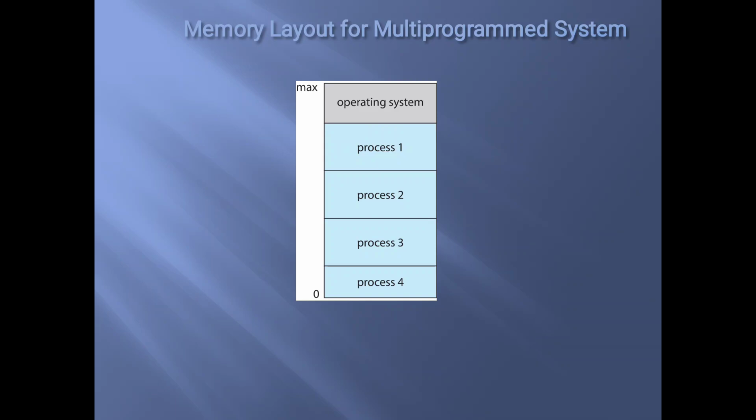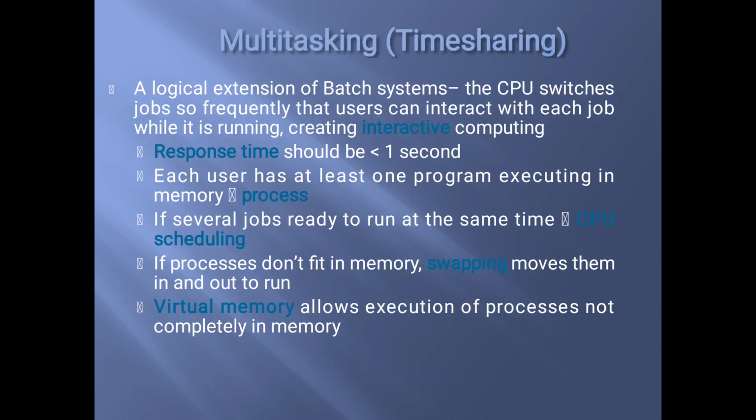In the memory layout of multi-programmed systems, the operating system handles the process scheduling. When the system is free but more than one process is in the waiting state, it processes them one by one. Multitasking is a logical extension of batch systems, where the CPU switches jobs so frequently that users can